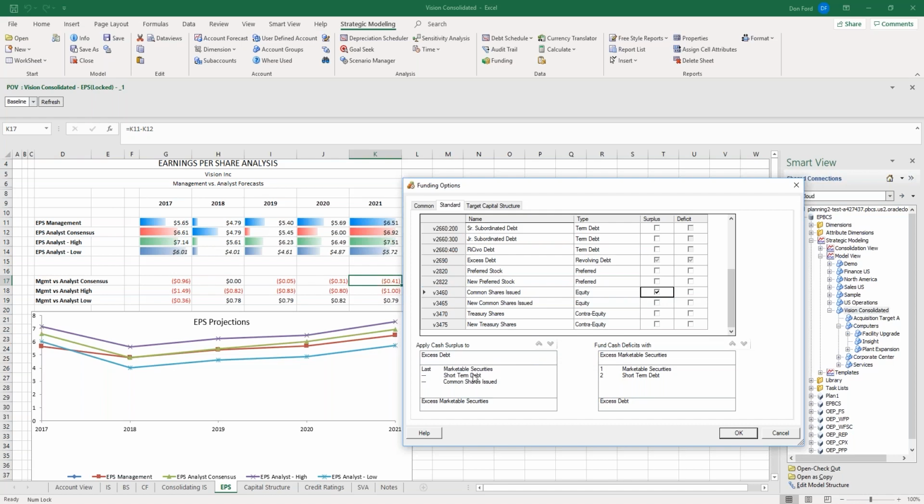sorry, we want to, I'll say, common shares issue. There we go. Short-term debt. I'll just rearrange this back the way I had it. There we go. I want to issue basically a stock buyback. So as the years move forward, we'll buy back some stock and we'll use that to lift our EPS. And I'm doing that by manipulating, if you will, how I'm applying my surplus cash in my out